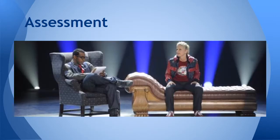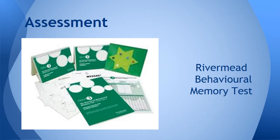Structured observation will be important in any assessment process because we will need to see how Dory's cognitive challenges affect her everyday life. An OT's clinical reasoning could be a helpful addition to the occupational interview and any formal testing. The Rivermead Behavioral Memory Test is another assessment that will help us obtain information about Dory's everyday memory problems and to monitor change over time. It will also allow us to see which tasks may be more difficult for Dory in her daily routine